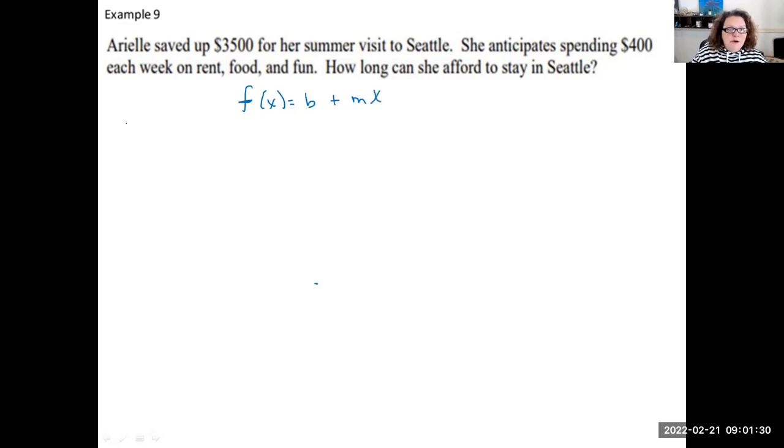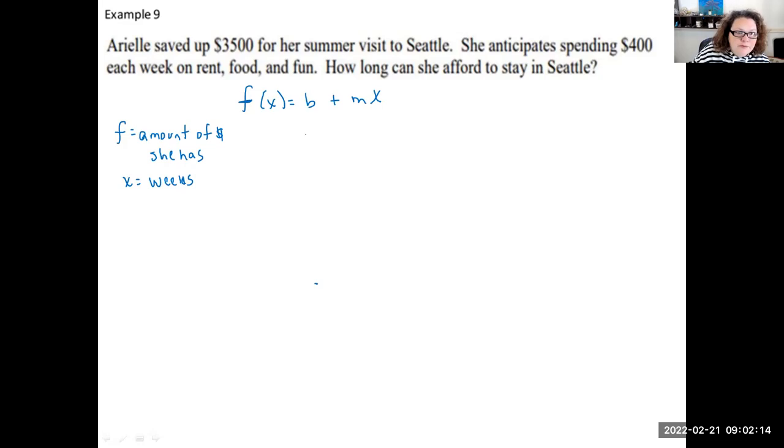All right, so I'm going to use the f. f is the amount of money she has. And x is based on what? What are they wanting to know? Each week. So x is representative of weeks. So it's always going to be based on pretty much your time of what's happening. All right, so the amount of money she has based on the number of weeks she can stay